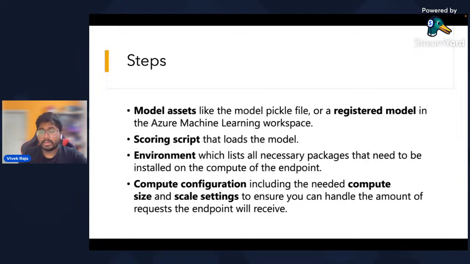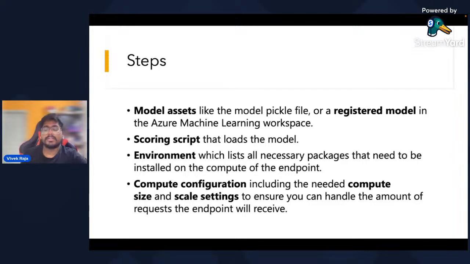And your model should run on some compute, right? So you need to set some compute configuration. One is the compute instance and one is the scalability, so that it can handle the requests. So which compute you want to use, how much you provision, and how much it can scale based on the number of requests received. So these are the considerations that you take to deploy a model. I guess that's fair enough.